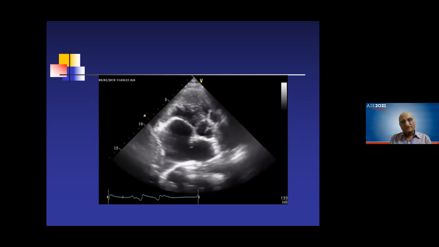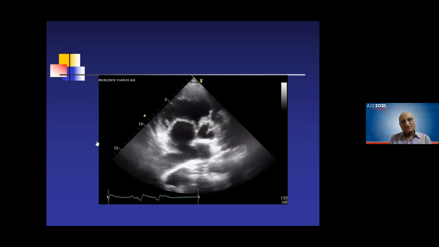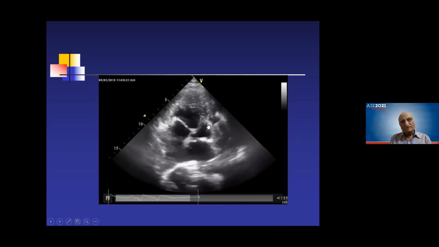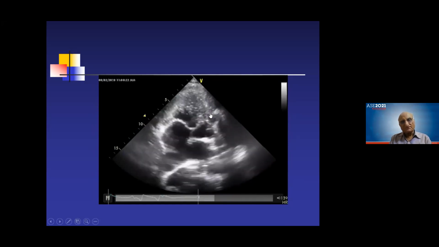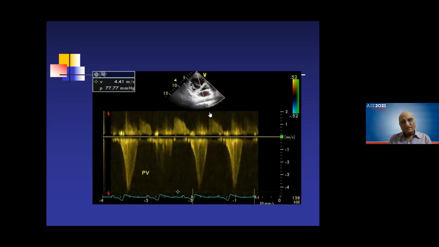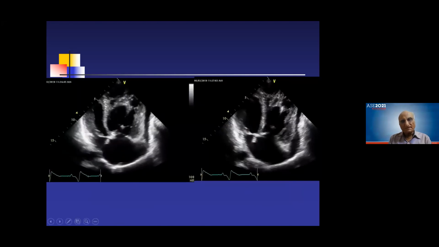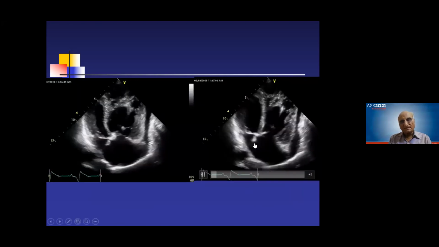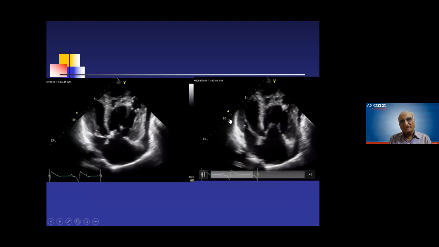So this is producing, and you see here also significant RVH, and this patient has to have an infundibular stenosis because there is an obstructing membrane in the infundibular region. Then you see a severe pulmonary stenosis with a gradient of 77. So this patient had a severe pulmonary stenosis, and as we see till now, severe RVH, and when we came to the apical views, we gave a contrast, and you see a right to left shunt at the atrial level.